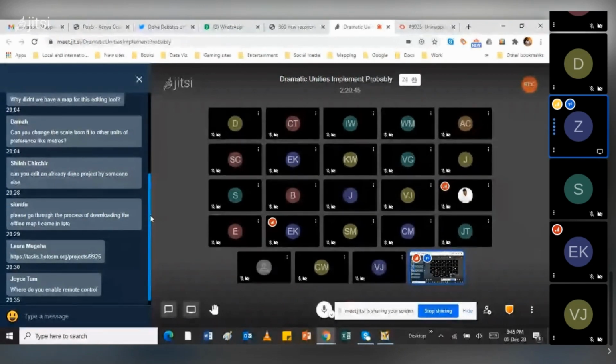Yes, you can do that. If the person who was mapping that task on the tasking manager didn't complete it and left it as incomplete, then someone else can pick up on that and make more edits. And in terms of adding new features, yes, it's also possible.